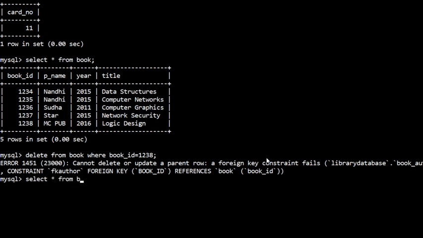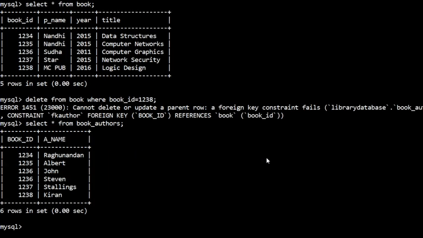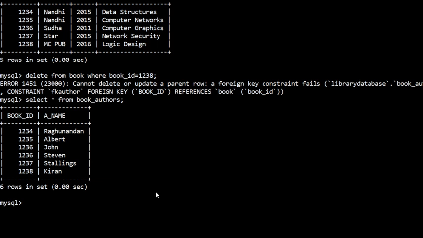First I'll check with book authors. Okay, so I have 1238 here. So what I'll do, I'll just delete this first. Delete from book authors where book ID equal to 1238.